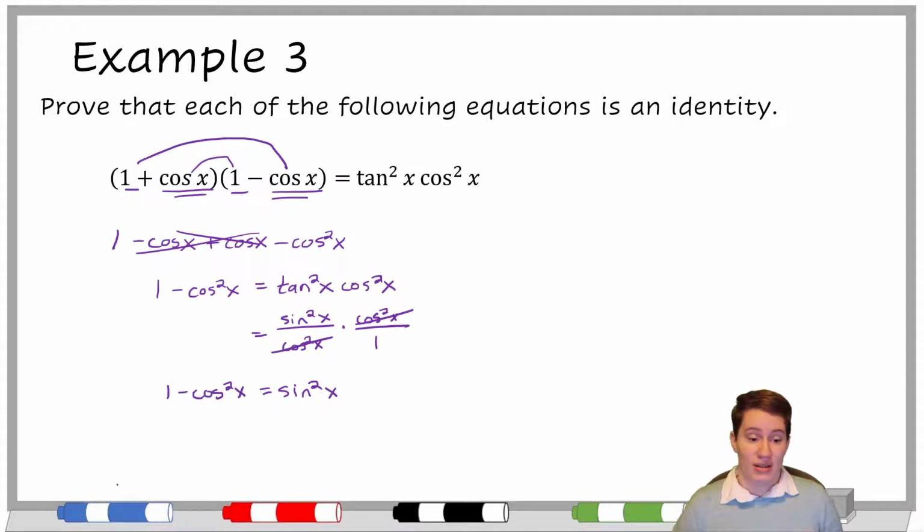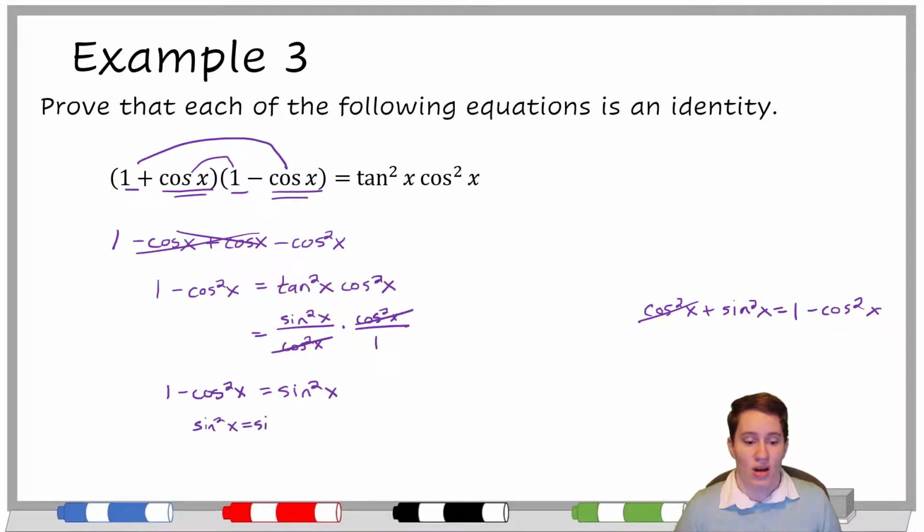So this was helpful because hopefully you can pretty quickly say, oh wait, there's a Pythagorean identity that helps me with this. 1 minus cosine squared equals sine squared, because I can rearrange this identity so that it looks like what I have. I can subtract the cosine squared over to the other side so that I can make this exchange. This is sine squared